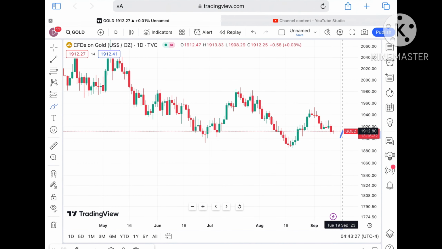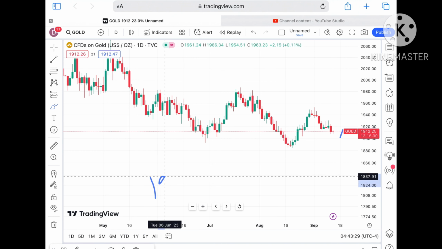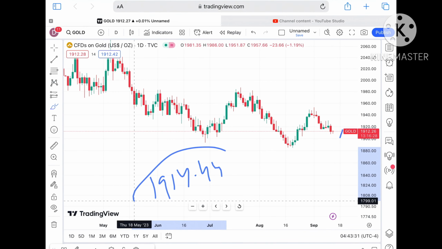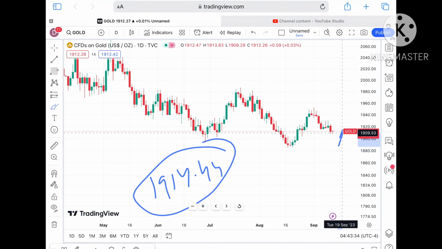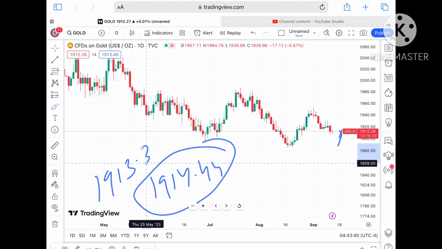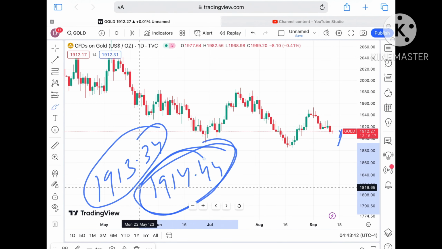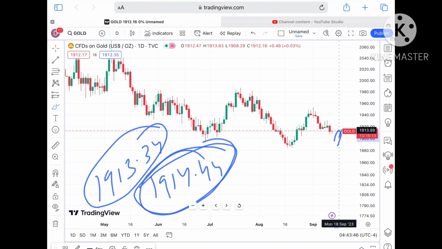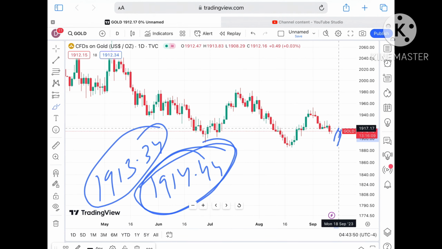Suppose the price sustains this level, it will go towards a level of around $1914.44. Because we can see that after this resistance, the next resistance is coming at a level of $1913.34. After that, we can see a level of $1914.44. Once the price starts sustaining $1914.44, then we can see it can go further upside, and the next resistance we can see coming at a level of